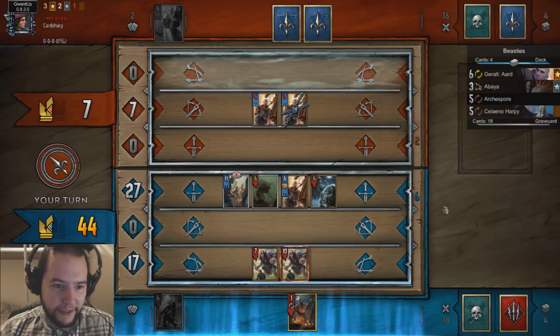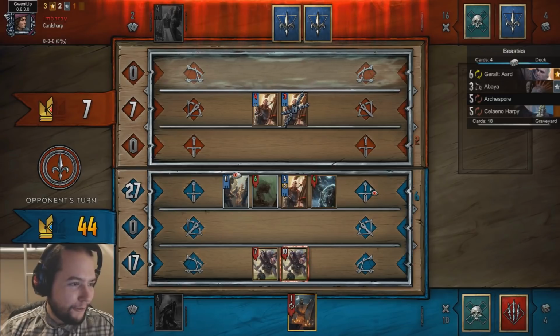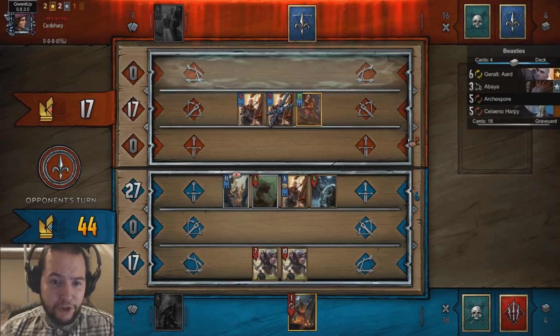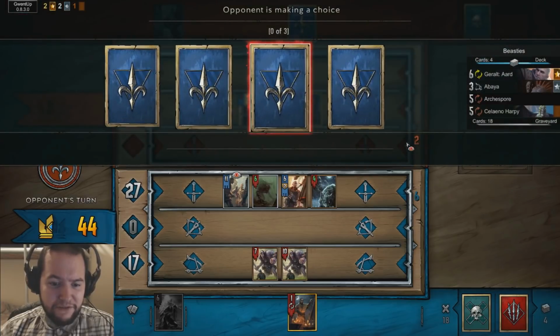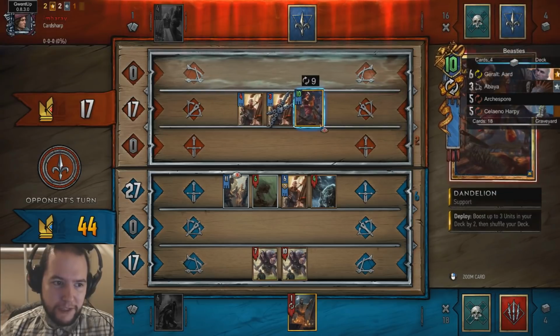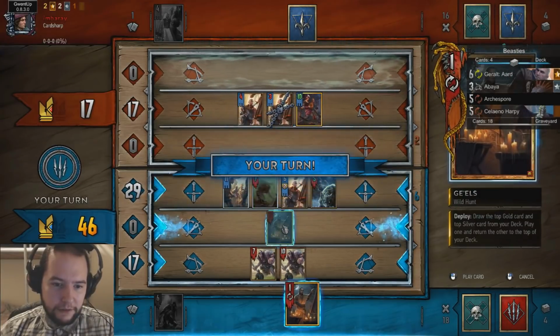There we go. That's the value of Rot Fiend. That difference is amazing. I got the feeling he won't be able to really do anything here. He's got one last play, Temerian Infantryman, maybe? That'd be quite a decent amount, but he doesn't do as much now. So...